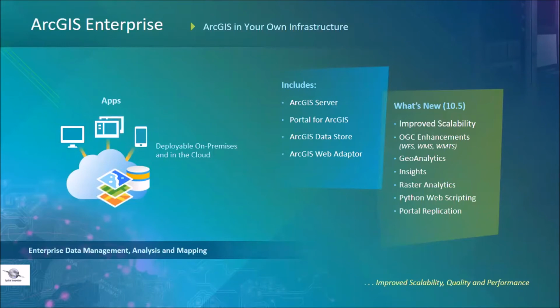These include GeoAnalytics Server, raster analytics, and Insights for ArcGIS, and we'll be showing you more in future webinars. These are not the only two options available in terms of deployment patterns. Many customers have the need to implement both ArcGIS Online and ArcGIS Enterprise. This hybrid configuration combines the capabilities of both to let you take advantage of each environment's unique strengths to build a complete system. In fact, by combining both options, you get the most power and flexibility out of the platform.